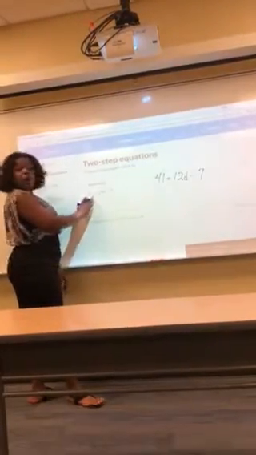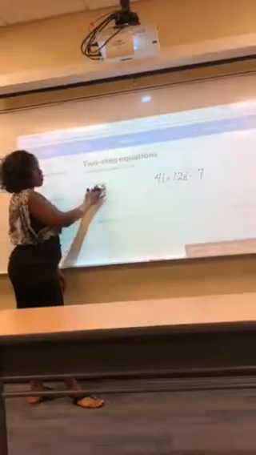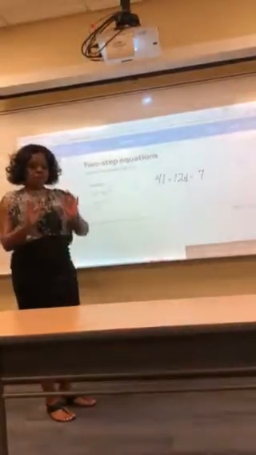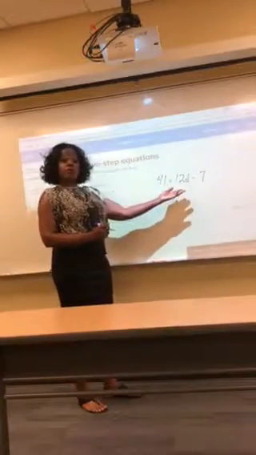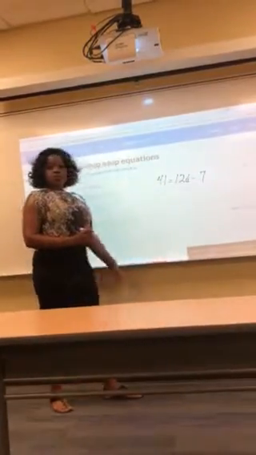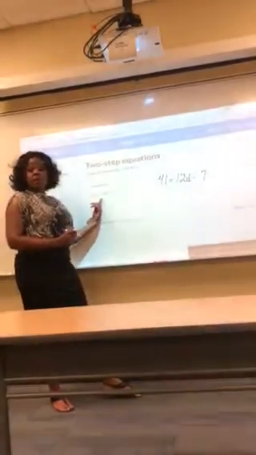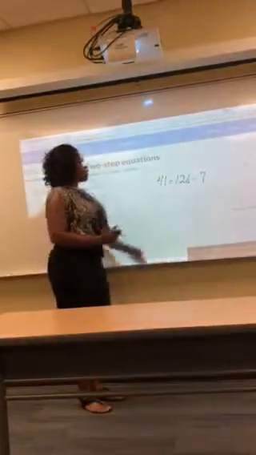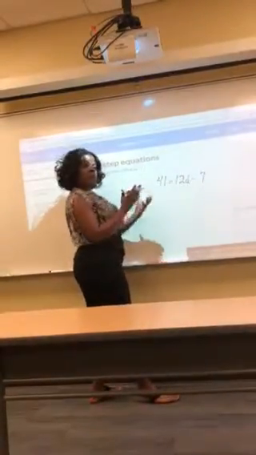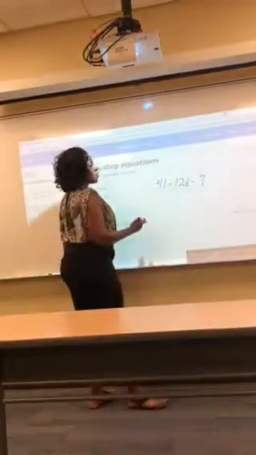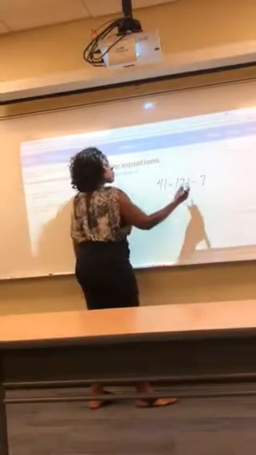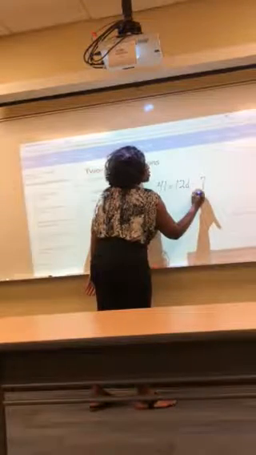We've rewritten the problem because we need to solve for D. What did I say? Get the D by itself. We have 41 equals 12D minus 7. So we've rewritten the problem so that we can work it out. So here we go. And if I make a little mistake along the way, we'll both learn from that mistake. So here we are. We can balance this equation